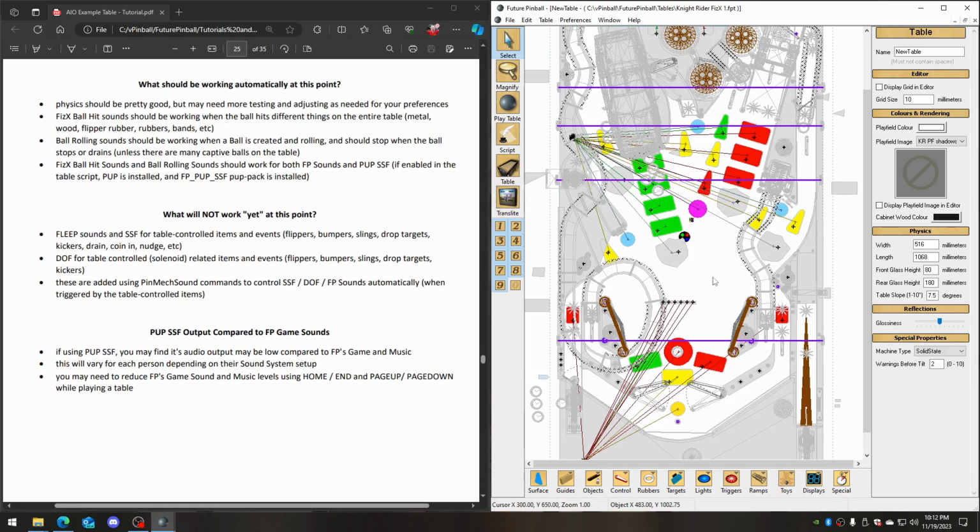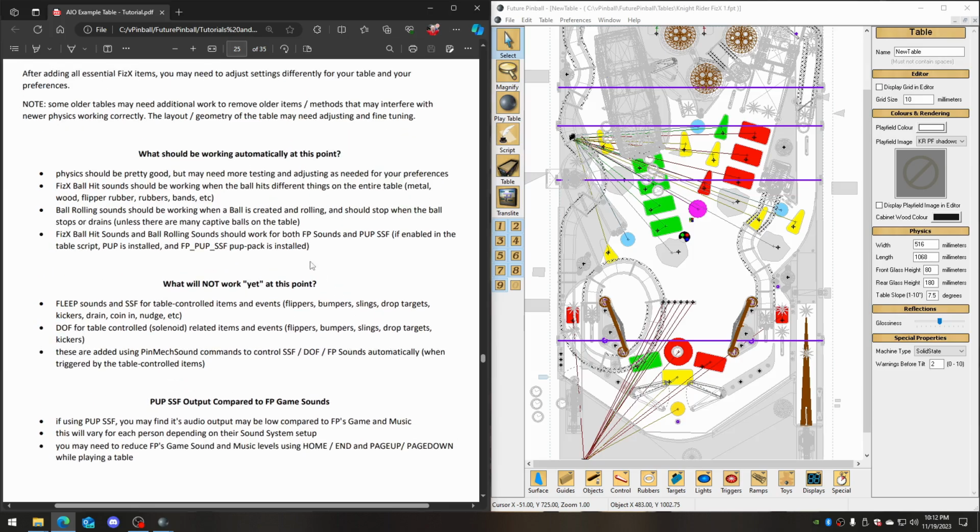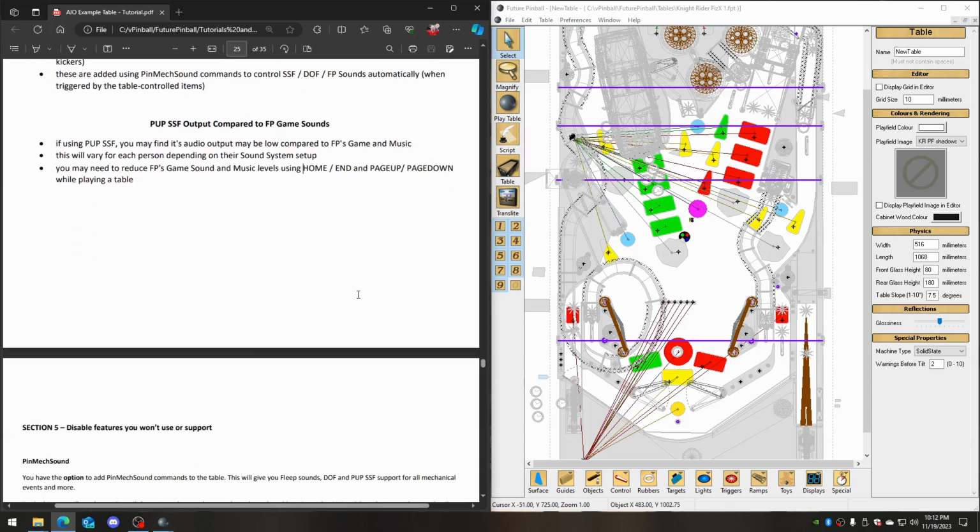Also, PUP SSF's volume is very low, so you may not notice the sounds necessarily compared to Future Pinball's game sounds, which are much louder. I just turned them down for this video. Trust me, they're much, much louder compared to PUP sounds. So that's something to keep in mind. So you may have to adjust Future Pinball's volume like I've been doing in the video by doing this for the sounds and music. Again, though, that's only if you're actually going to take the steps to support PUP SSF on this table, okay? So if you're at this point and you're pretty happy with that,